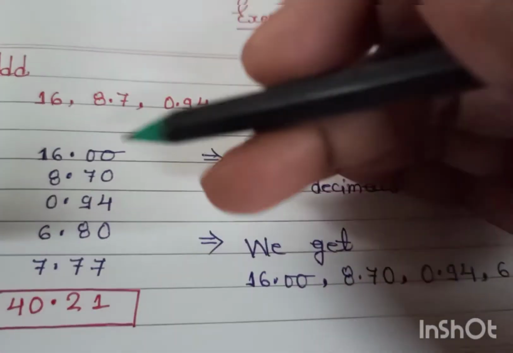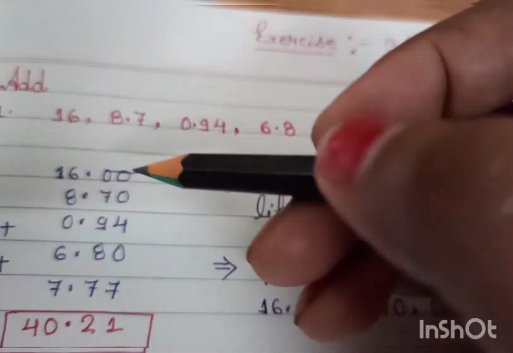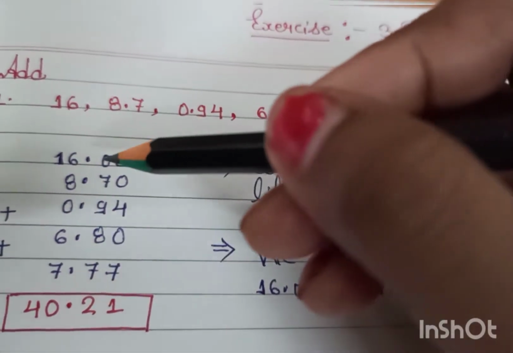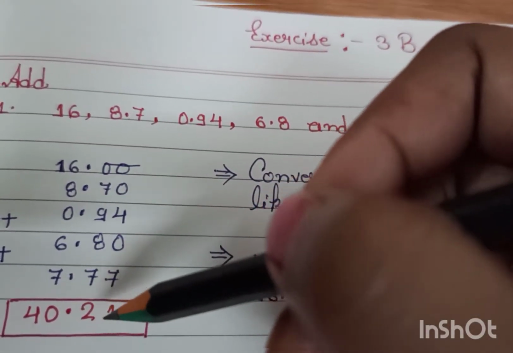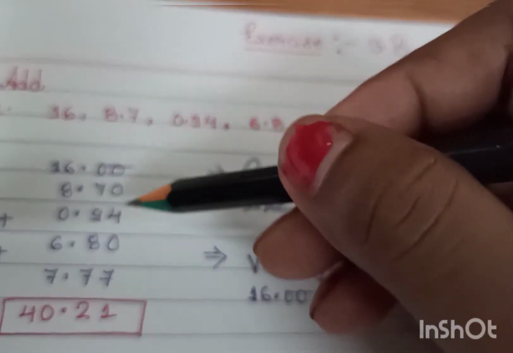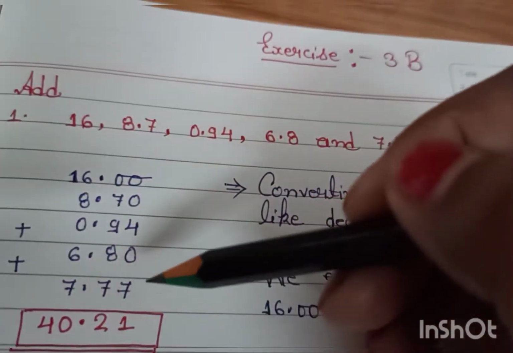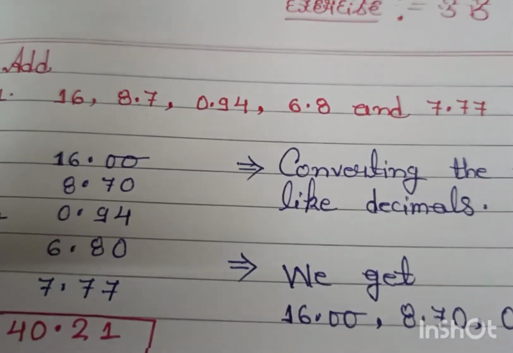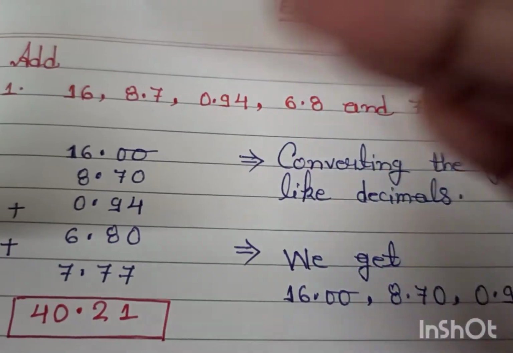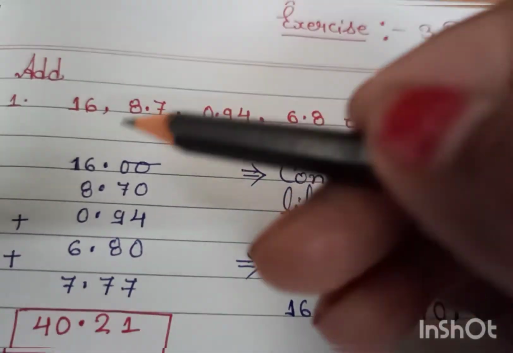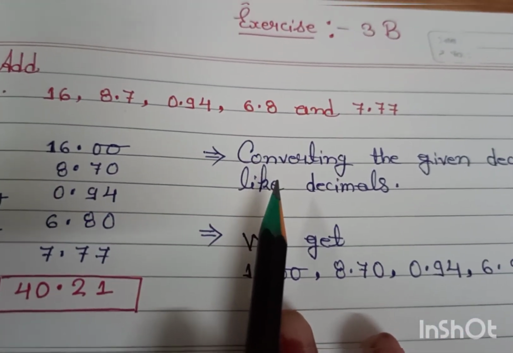After you arrange the numbers, you add the same as simple addition. Only one thing, be careful: decimals should be below decimals. It means after the decimal there should be 2 digits, because the other numbers also have 2 digits after the decimal. The other process is only simple addition, which you did in previous classes, in 4th and 5th standard, simple carry addition. So firstly, what is the method for addition of decimals?